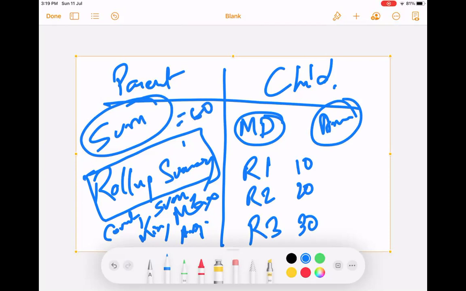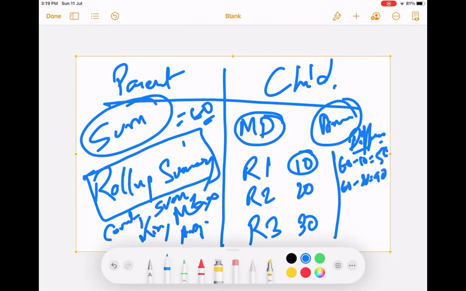I want to see the difference between this amount and the total amount. So 60 minus 10 should be 50. 60 minus 20 should be 40. 60 minus 30 should be 30. This difference should show up on my screen. We'll use a formula field. Absolutely.